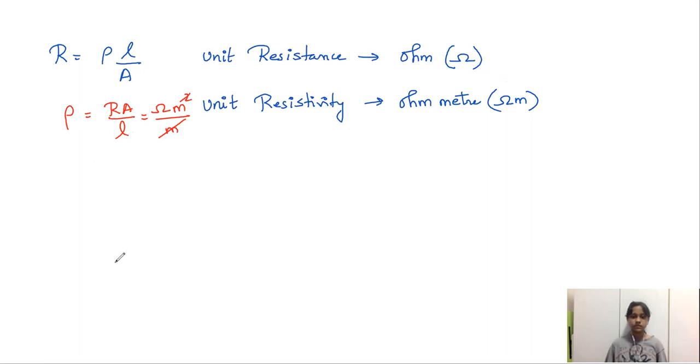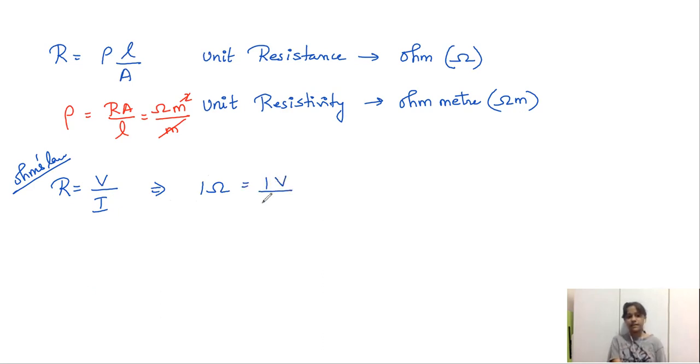Got this? Good. For resistance, there is one another formula which we saw right now. What is it? V by I, which is Ohm's law. So what is that you can state from this? 1 ohm. What is 1 ohm? 1 ohm is equal to 1 volt by 1 ampere. If a current of 1 amp flows,